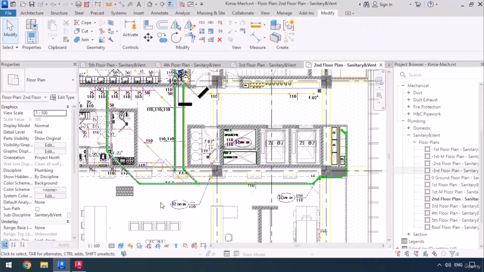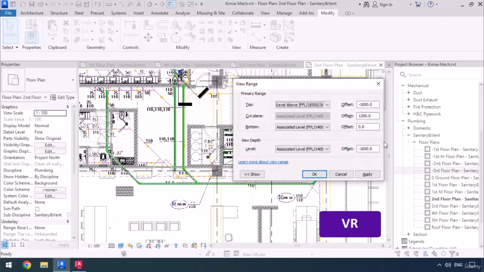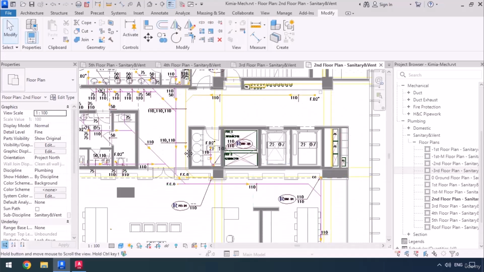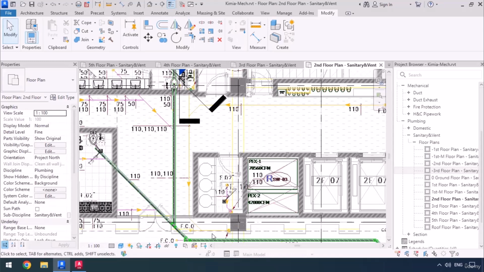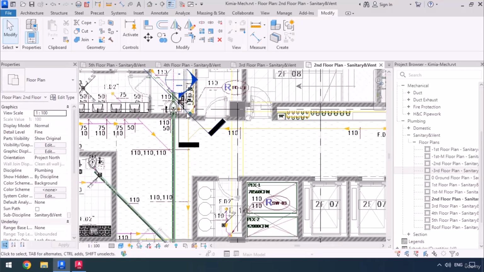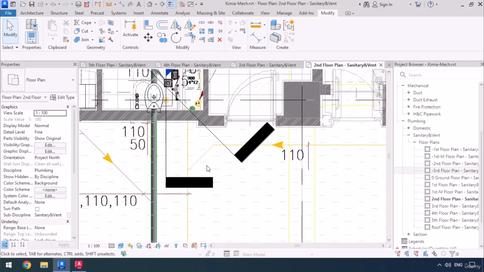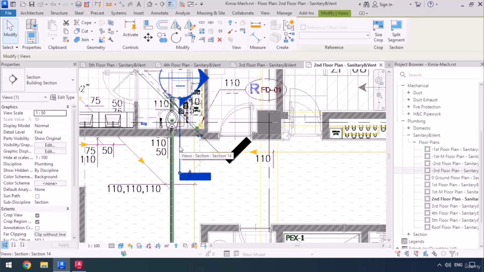Now to make sure that we see the items better, we're going to change the view range. We're going to press VR. Then change the top offset to -1500, and we're going to put the same thing for the view depth offset, then click OK. So now that we can see the plans better, we understand that this riser is going to have to go down from here, and then it's going to have to lead this way. We are in the 2nd floor, so I could just use this section, right click on it, then go to View,